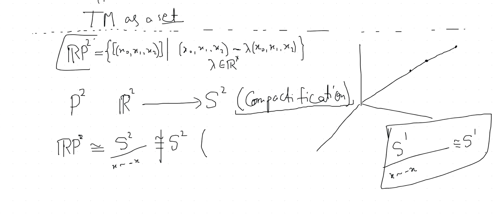Yes, that's fine. All I was saying is that you should now try to prove that RP2 and S2 are not homeomorphic. You should do that. Just try to do it, and you can use Munkres. The topology on RP2 you can just find in Munkres if you cannot do it yourself.